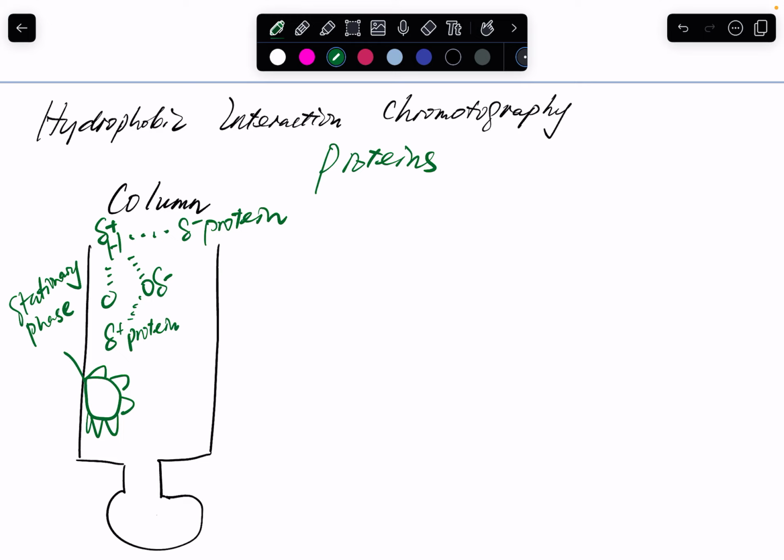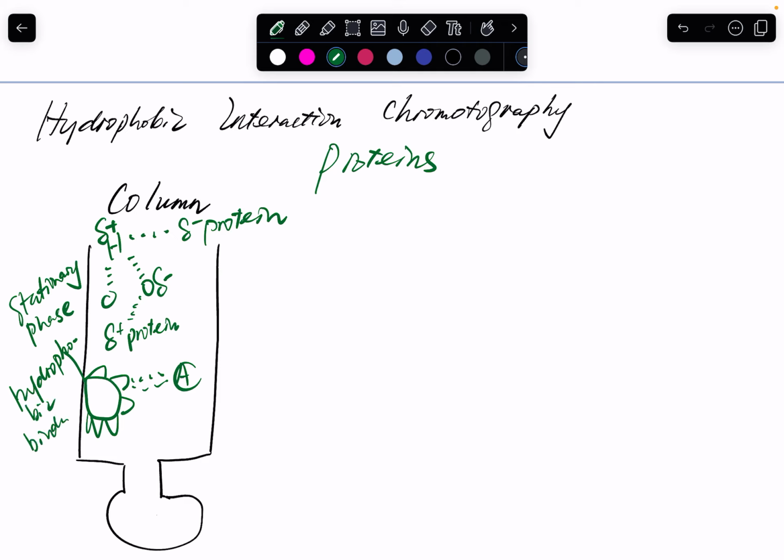Let's say there's a hydrophobic protein, Protein A. We want this hydrophobic protein to bind to the hydrophobic coating of the beads. So this is a hydrophobic